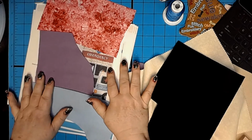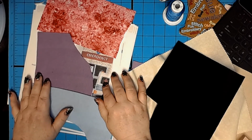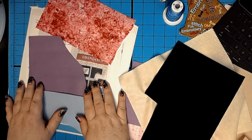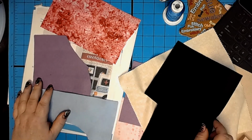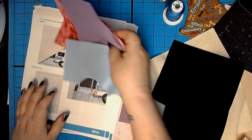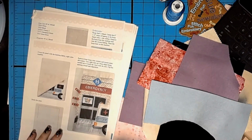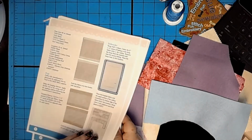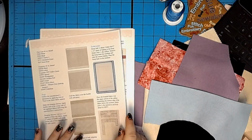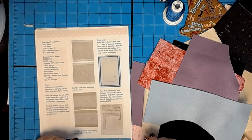Now, I love, love, love the way that Dime did this with all the right colors, but I just want to get it going a little bit brighter. So we'll pick the thread colors on the way. I thought they would make it a little more interactive. So remember, I'm doing the 5x7. So I'm going to read out the instructions so you guys can